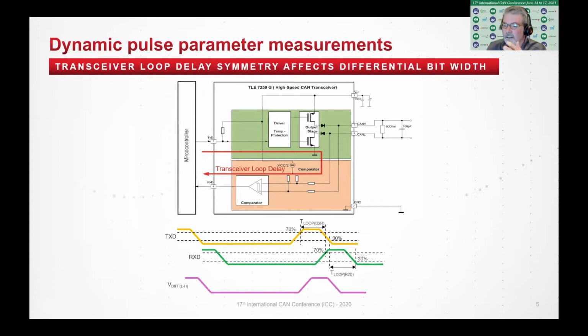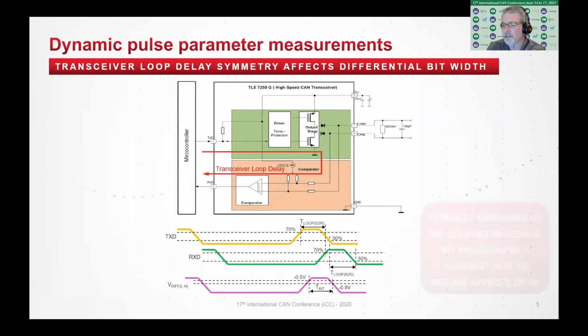Depending upon the symmetry of this, it can significantly affect your recessive bit width, which is always measured from your threshold levels. Again, I'm showing dominant bit low, so that's from -0.5 to -0.9. If you're probing at dominant bit high, the way I believe most engineers do, then you would measure from +0.5